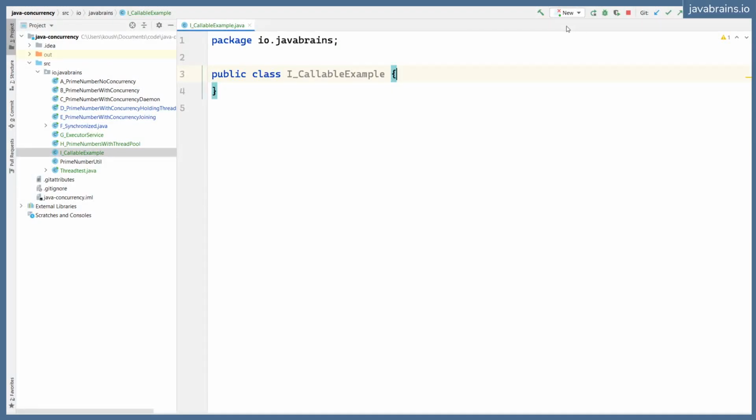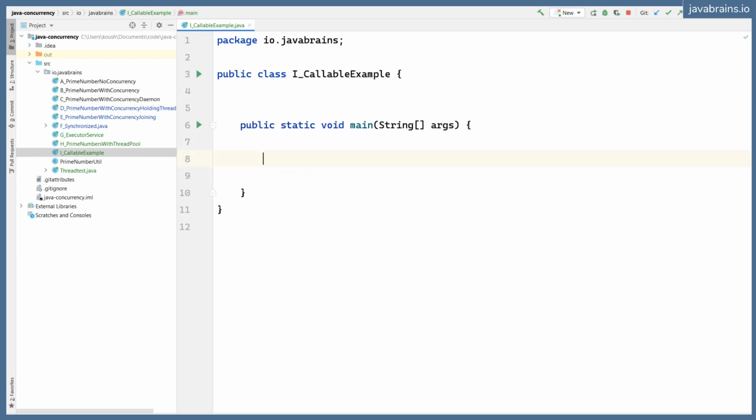In this tutorial, I'm going to introduce you to the concept of callable. Callable is a similar construct to runnable, but it solves a certain problem of runnable. It overcomes a certain limitation of runnable, and I want to demonstrate that. So let's say I create a main method, and there's going to be an area where we're going to test